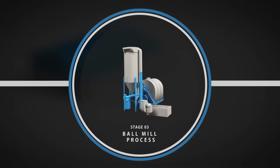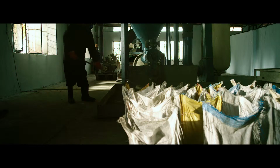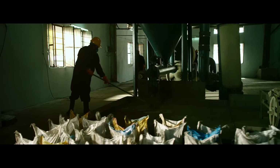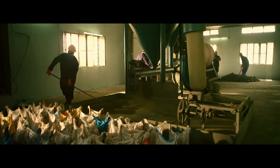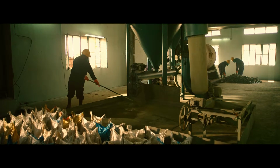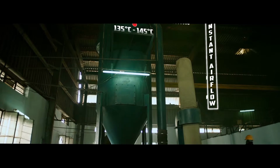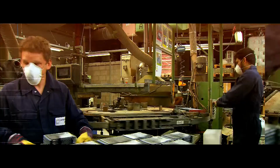In stage 3, ball mill process. Refined lead ingots are the required input for our LSO manufacturing plant, which uses the ball mill process. In the ball mill, lead is converted to lead suboxide in an exothermic process in conditions of a maintained temperature range of 135 to 145 degrees centigrade and constant airflow. This gives us our third product, grey oxide, which is used on an extensive scale for the preparation of plates